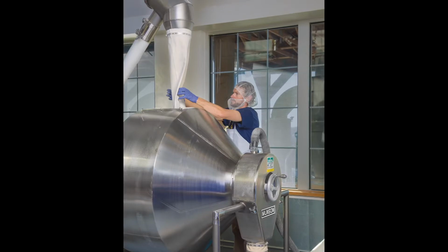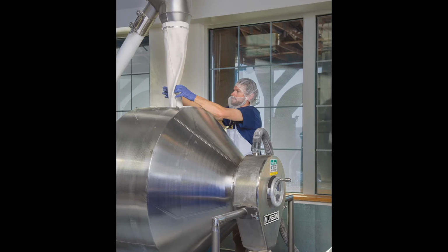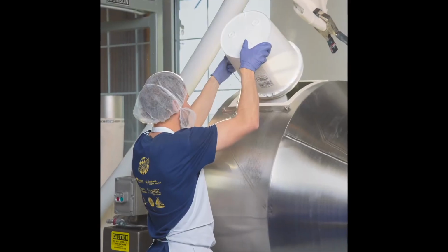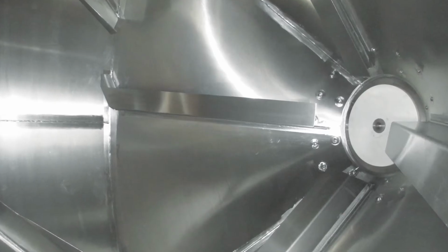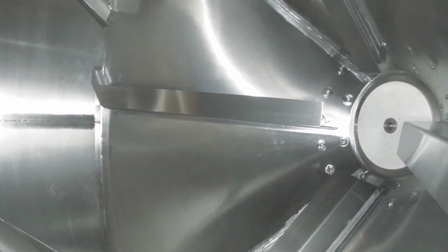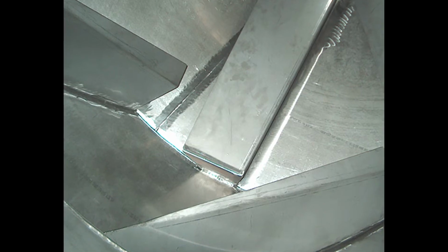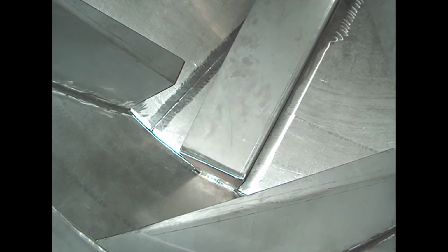It takes 5 minutes to load up to 15 cubic feet or 425 liters of major ingredients into the mini mixer, and an additional minute to add secondary ingredients. Internal mixing flights affixed to the drum's smooth interior wall impart a 4-way tumble, turn, cut, and fold mixing action, achieving batch uniformity in 2 to 3 minutes, or about half the time of the previous mixer, with no shear,